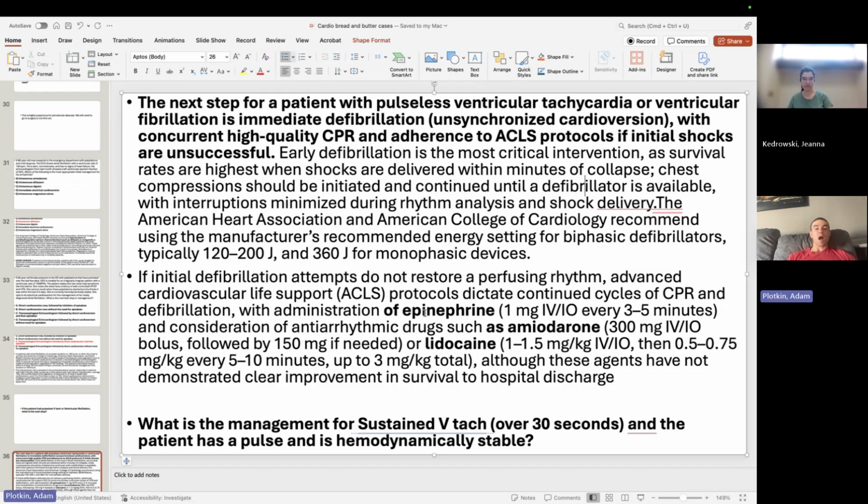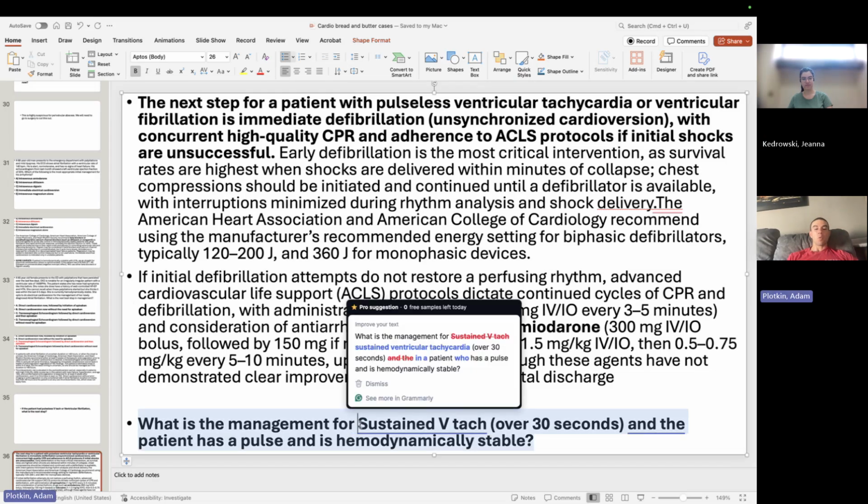We can, though, eventually give drugs like epinephrine, amiodarone, lidocaine, okay? First things first are going to be defib and CPR, and then we can move to the drugs while we're still cycling through the CPR and the defibrillation, right? But really, you're reading an exam question, you see the EKG that's VFib, or they tell you it's pulseless VTach. What do you do next? Unsynchronized cardioversion or defibrillation. All right, makes sense? Mhm.